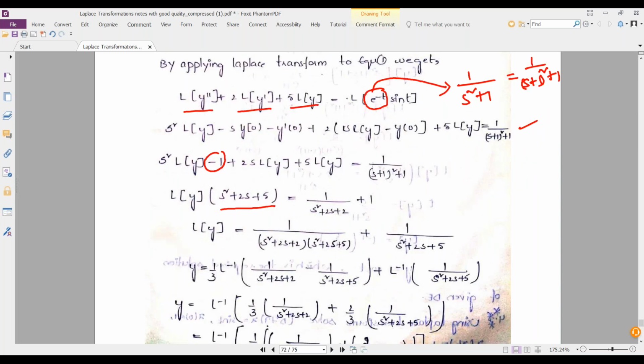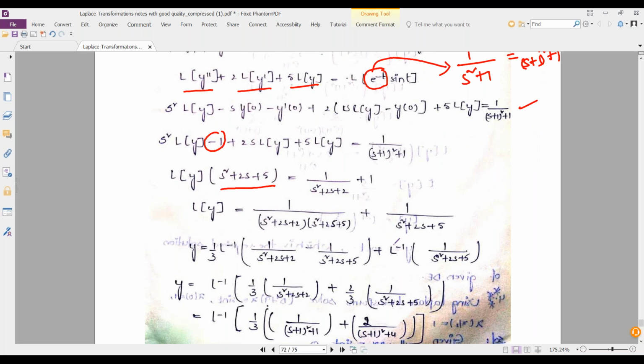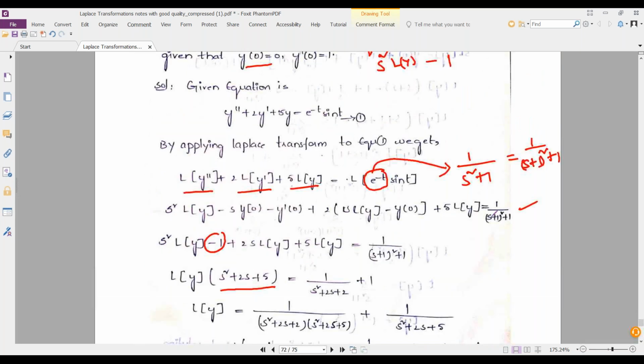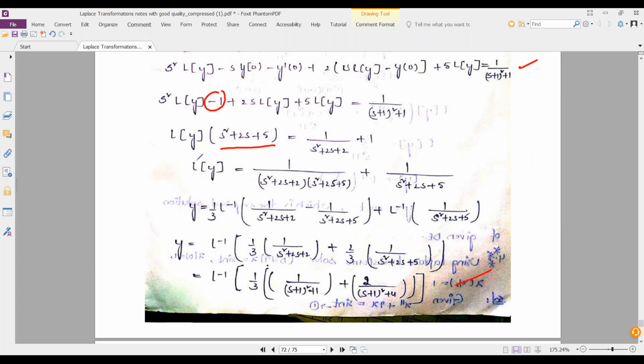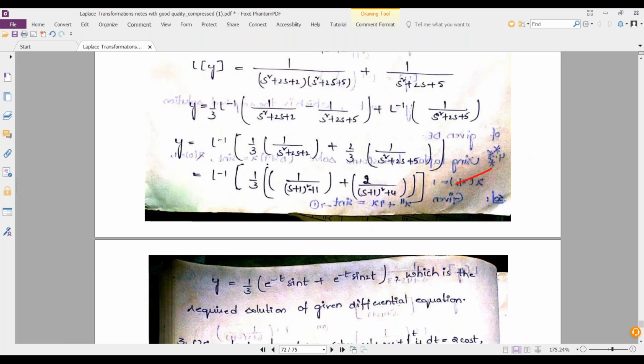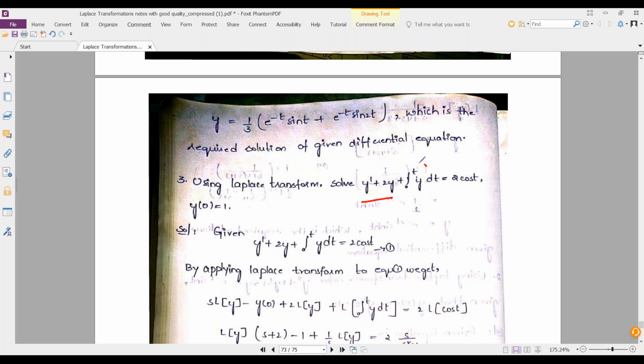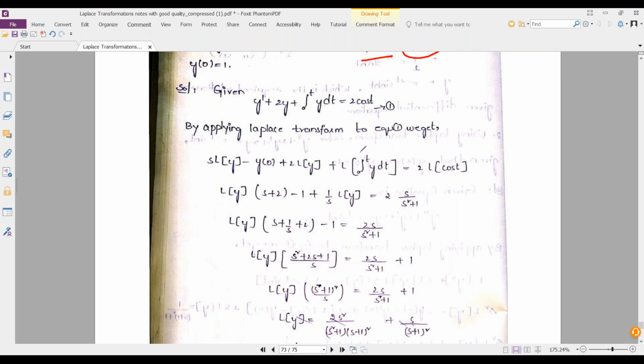Later, simplification. Here, whatever technique you are familiar with, you can go with that. You are only eliminating the derivatives of y by using Laplace transform. That's it. Later, the inverse Laplace concept is included, again the same. Here, integration is also included, friends. Even with integration there is no panic. To eliminate the integration, divide by s, so F of s by s, or L of y by s.